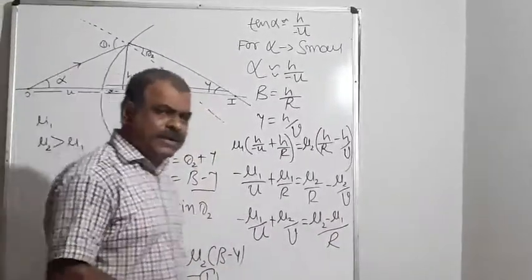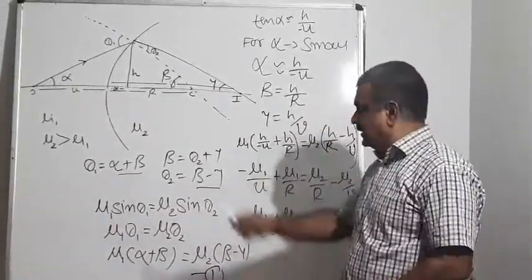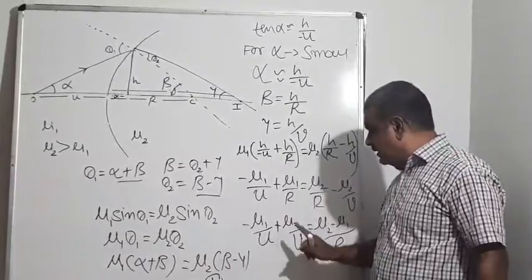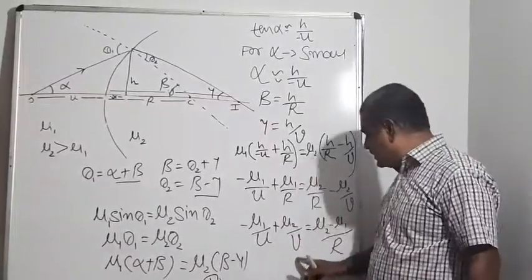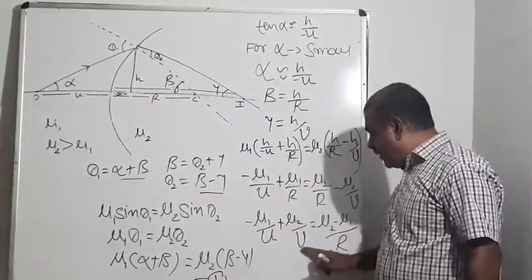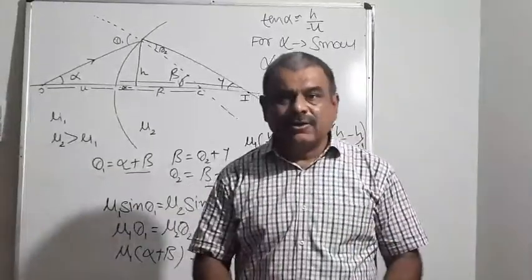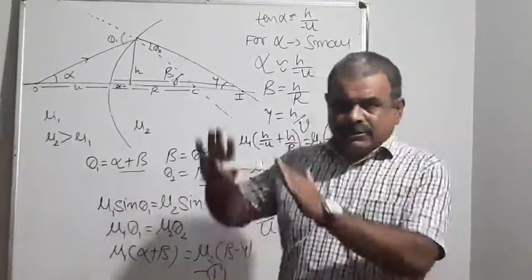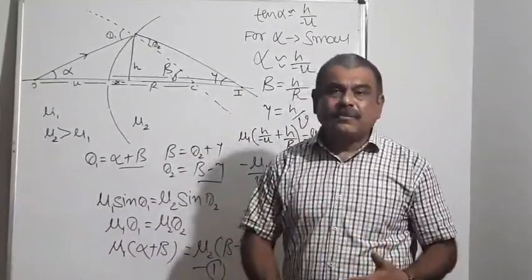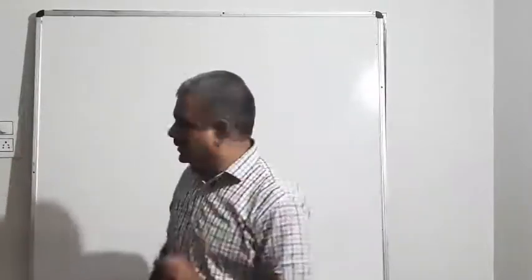Yes, students, this was the fundamental theory for refraction through a curved surface. It gives the relation between u, that is object distance, v, that is image distance, and r, radius of curvature. Now onward we will discuss the application of this particular point, because this is purely NCERT textual content, but how to apply it for problem solving, now onward we will continue with that.